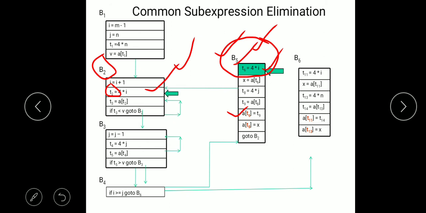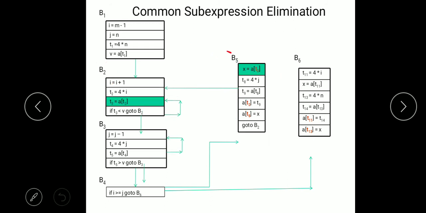After eliminating this common sub expression, we have modified basic block B5 as this one. You can clearly see here A of T2, after common sub expression elimination.